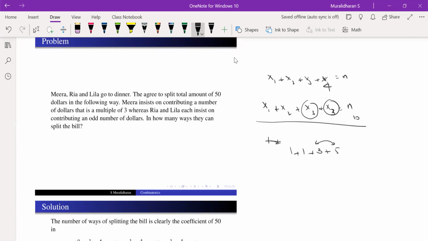So I can't do that. I can't just trick that way. Because these two x3s are the same, I cannot use stars and bars generally. So it's not the case at all. Okay? But we can't do that. Okay. Now,